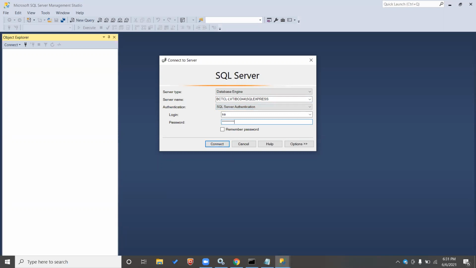Go ahead, Ashish. Why do we need both applications, like MS SQL and SSMS? SSMS is a client, so it is more like a browser for the database. To connect with that database server, we have to install the server and also install the client as well. So we have the server running in the backend, and we also need a client to access that server.